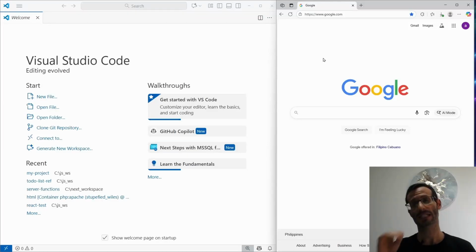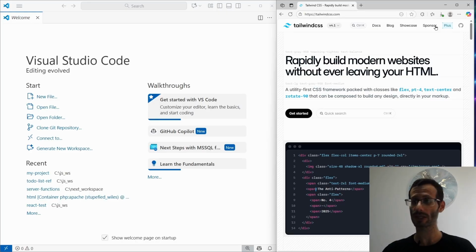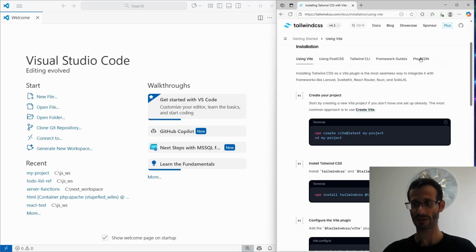Let's see how to use Tailwind CSS in a vanilla TypeScript or JavaScript project using Vite. So the first thing we need to do is go to tailwindcss.com, just like this. And from here, I'm going to choose from the top menu Docs to open the documentation. We can see that here we have several options, and the one we want is of course the first one